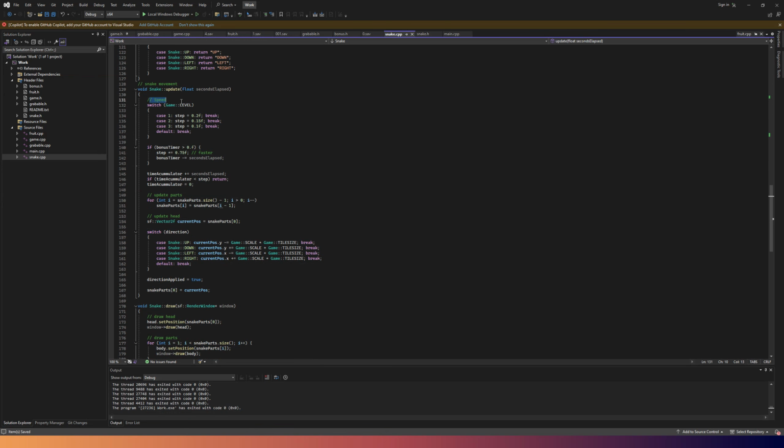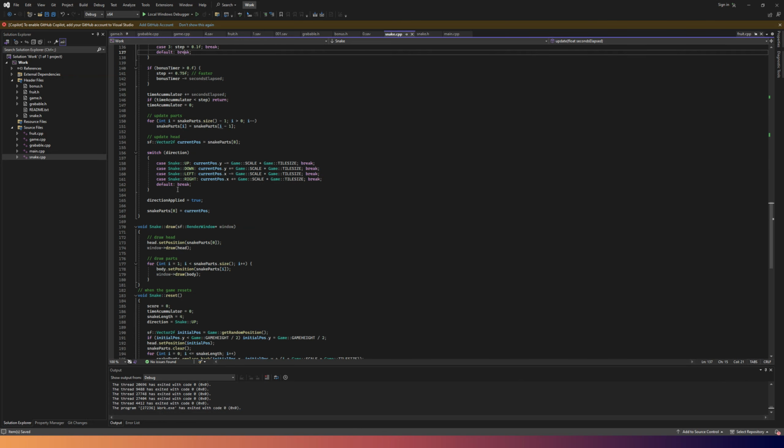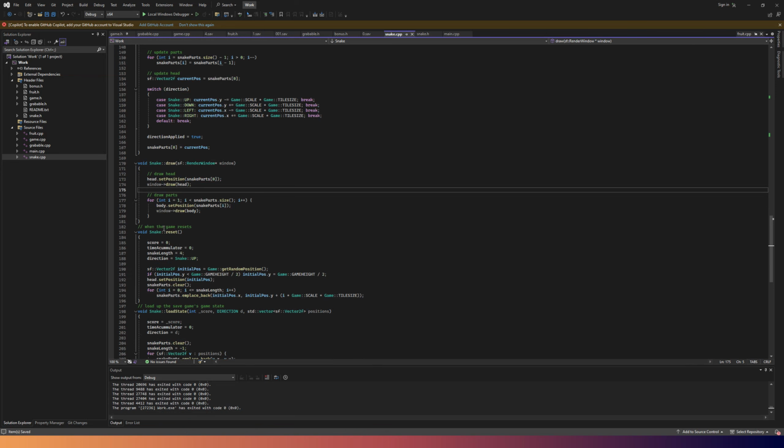update, which would be the speed of the snake. And then time accumulator, update parts of the snake, updates its head. Every time you go onto a new level, the speed will increase, which would make the game harder. And then you got drawing,